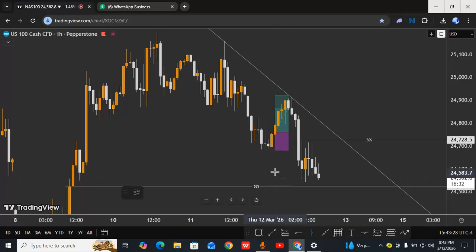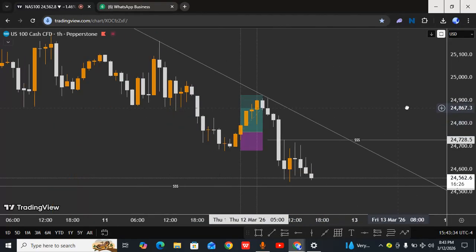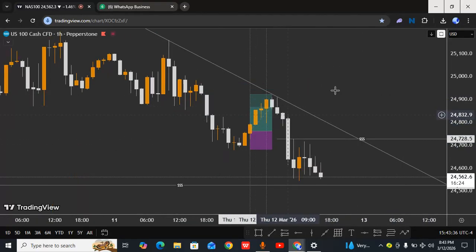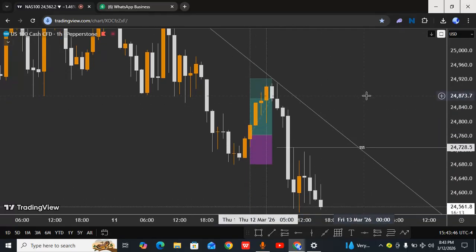So the Q zone was between this zone, 2 a.m., to this zone over here, 5 a.m. So this was the area, this 1, 2, 3, 4 candle. 4 hours. This was the 4 hour window that I was expecting to see a setup. Now, what happened here was that when we got to this Q zone, the areas we had our price was